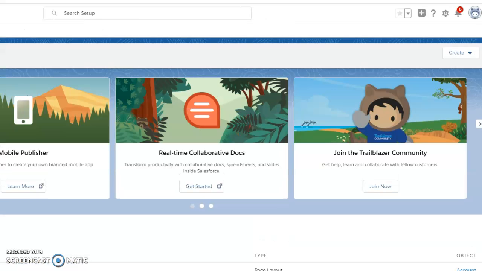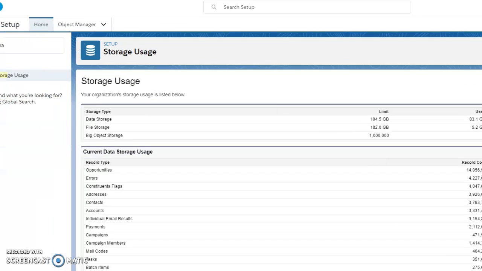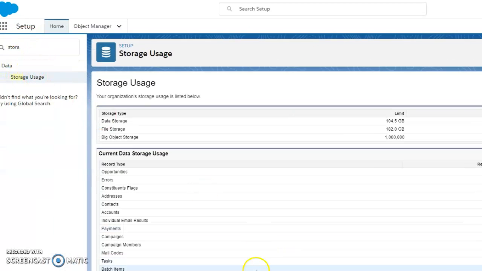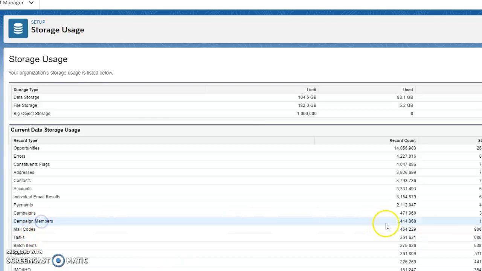So I'm going to go to Setup and go to Storage, just to get an idea of the counts. Storage usage. Oh, sorry, you didn't see that. So I'm here, storage usage. Campaign members, you can see there's 1.4 million. So that's a pretty good time. That's a good amount to get out of Salesforce